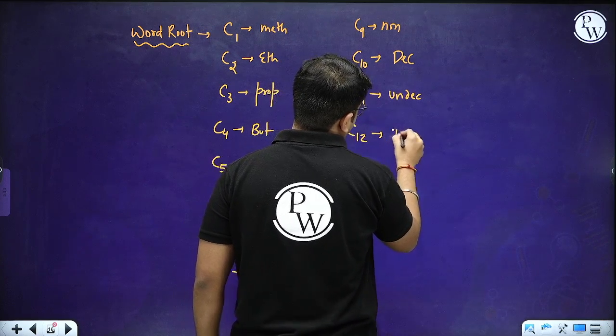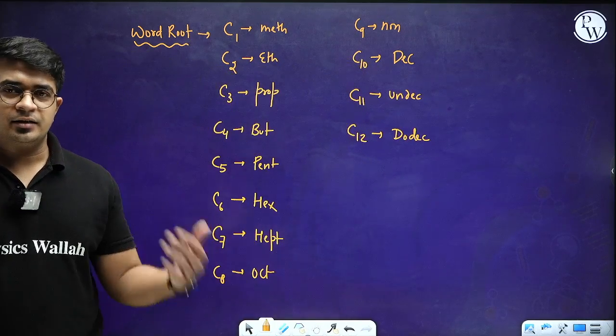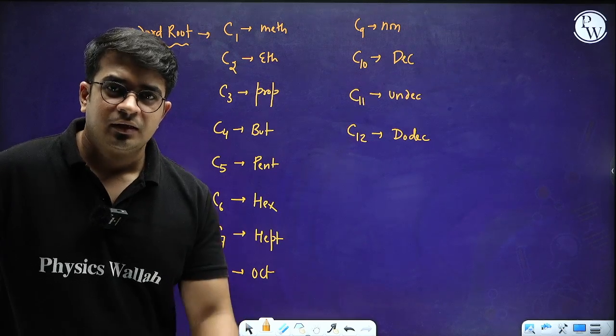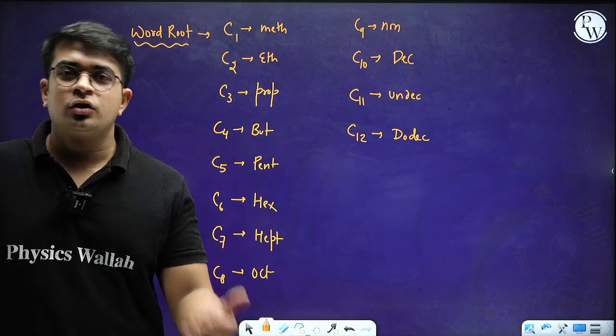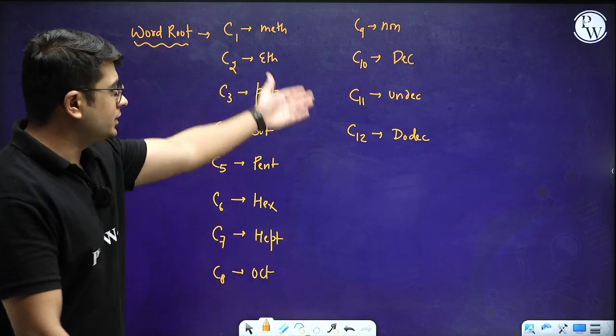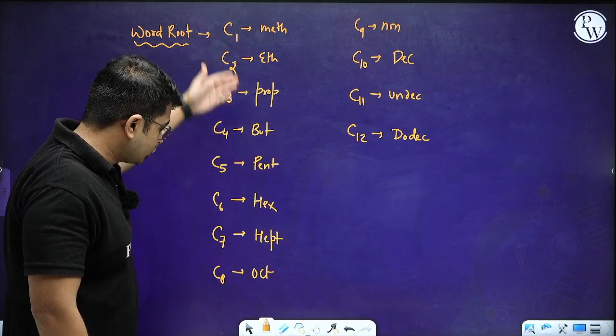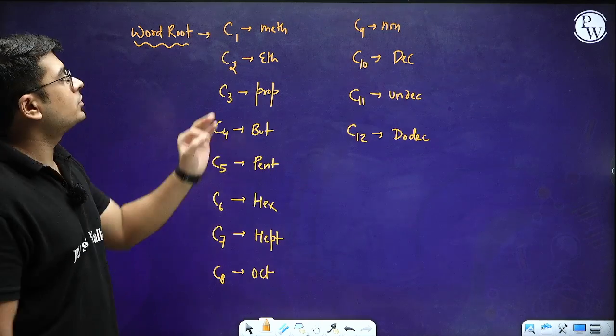12 will be dodec, and in the same way tridec, tetradec, pentadec, hexadec, heptadec, octadec, nonadec, and icos. Okay, so this is the actual part. Although these are very far, generally we are going to deal with this portion only, oct up to max non